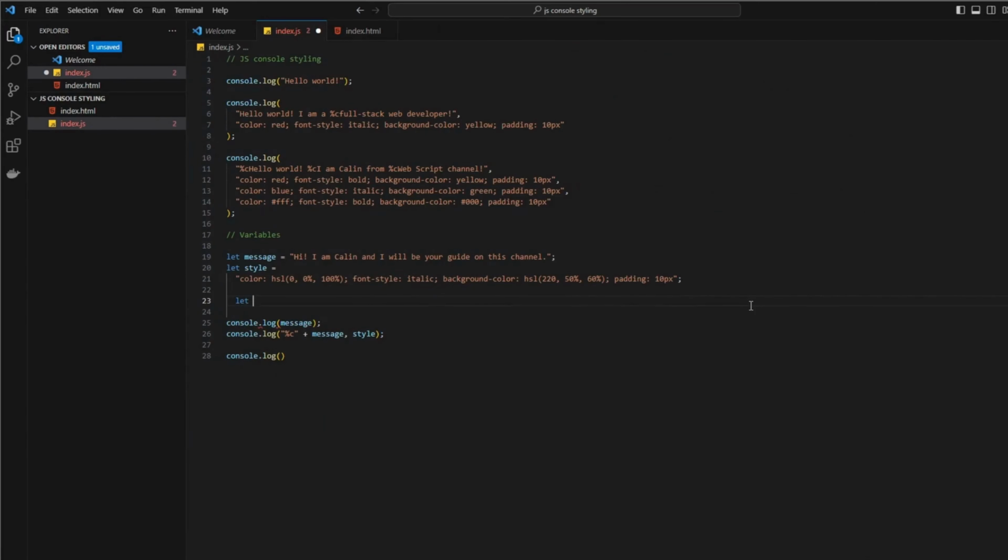Let's define another style in a variable. So, let style2, with camel case, because this is how we define our multi-word variables in JavaScript. And assign the value, string, color, red, font style, italic, background color yellow,